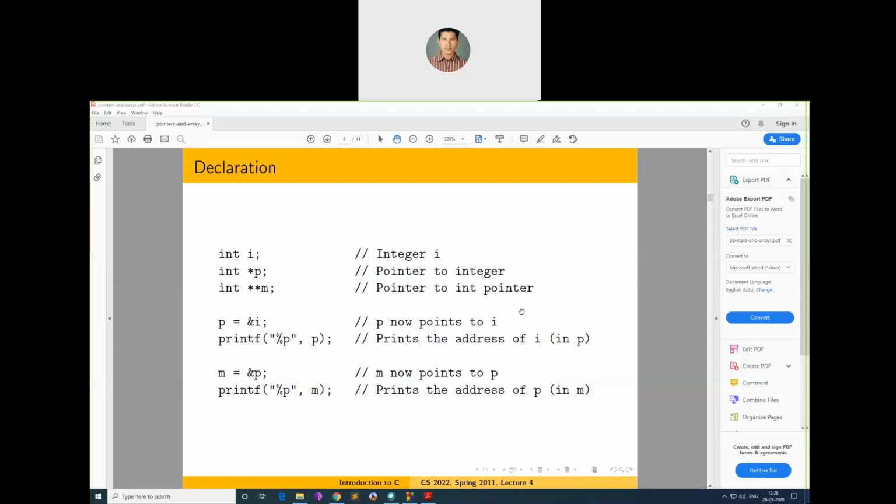Have you seen it? I think it is The C Programming Language by Dennis Ritchie and Brian Kernighan. You can consider it as the Bible of C, because they are the authors, the writers of C.